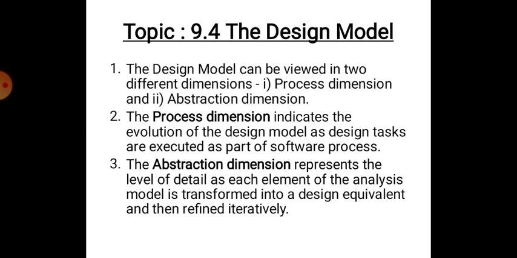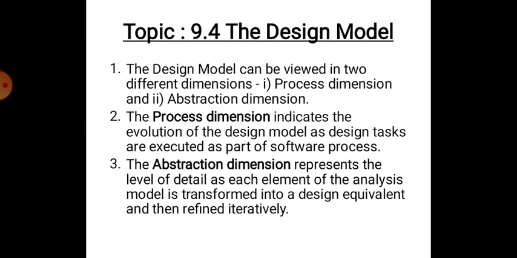The abstraction dimension represents the level of detail as each element of the analysis model is transformed into its design equivalent and then refined iteratively. Students, there are two dimensions: one is the process dimension, another is the abstract dimension. This abstract dimension is the vertical dimension. It represents the details of every element present in the analysis model and converts it into its design equivalent, and it is refined